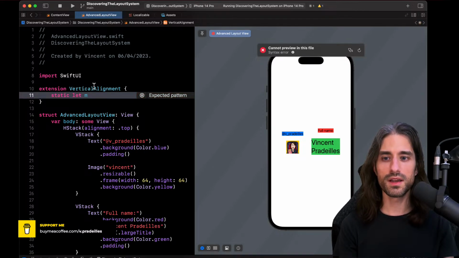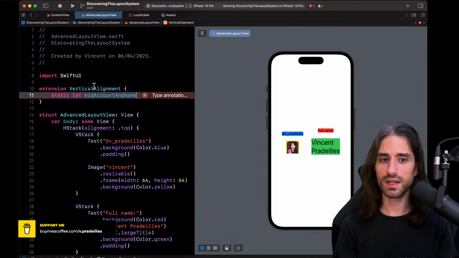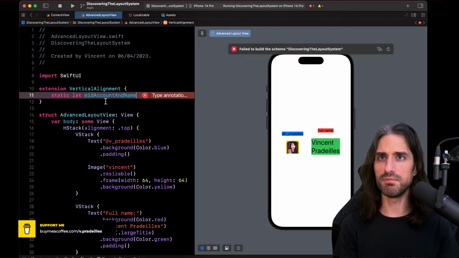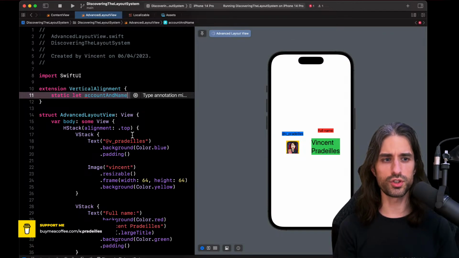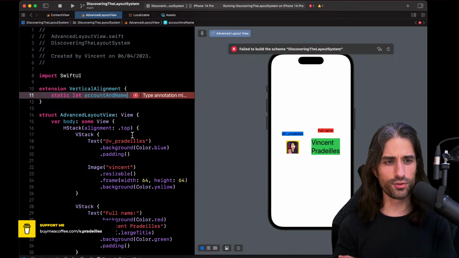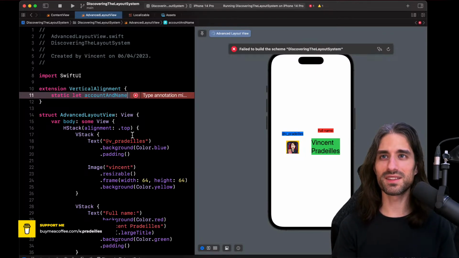So it will be mid account and name. Why did I call it mid account and name? That's weird, actually, because it should be just account and name. I don't remember why I named it that in the solution and in the Xcode project. If I don't remember why, I will update the Xcode project so that there is the correct naming.